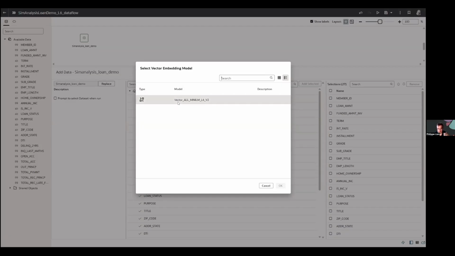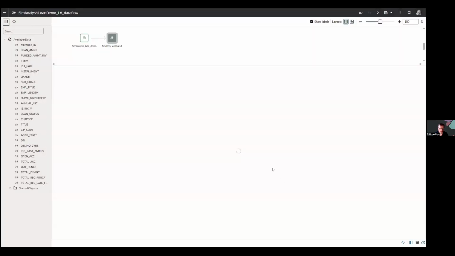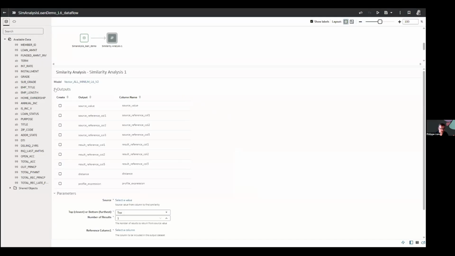In my database, I only have one. There could be many. The database supports many. So this is MiniLM L6 V2, which has been registered in OAC. And that's it. And then I just have to provide the input to this.